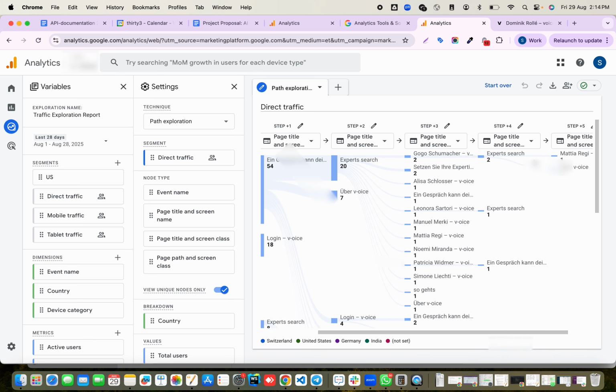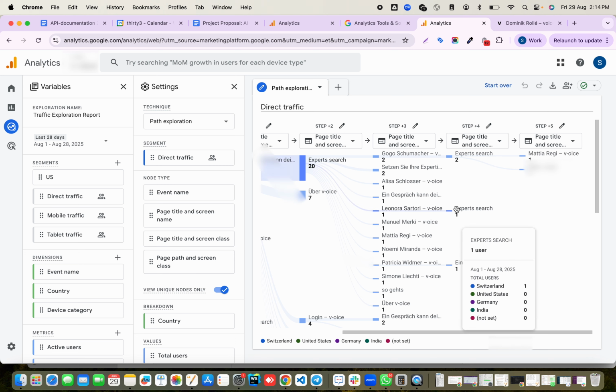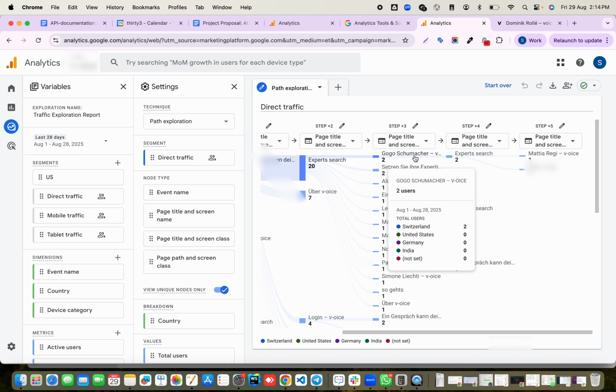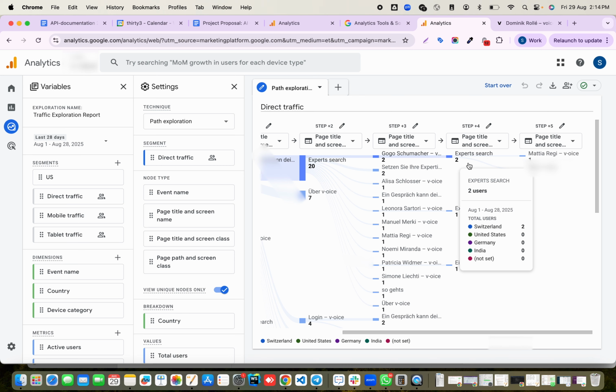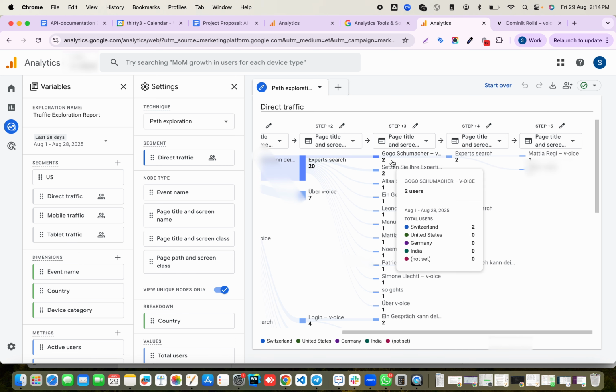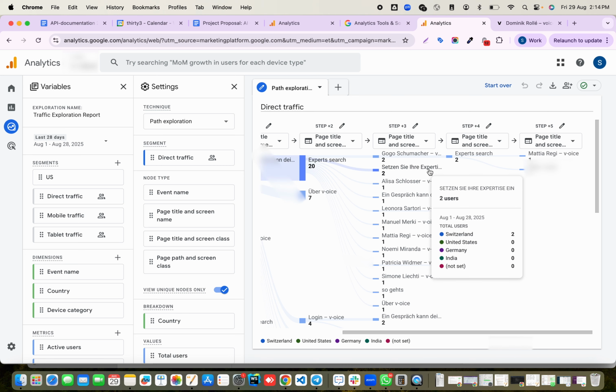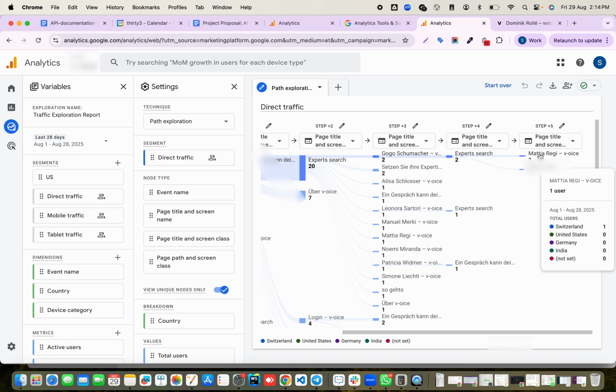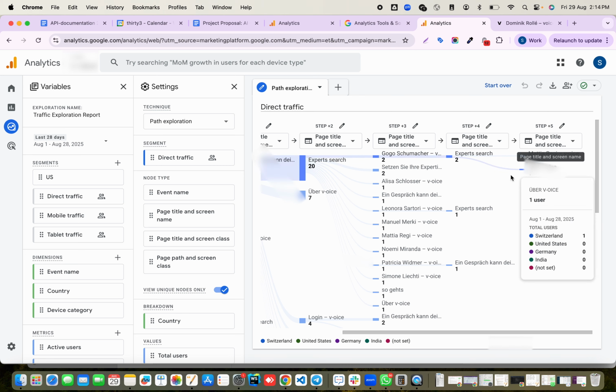And then from here, for example, if you talk about this expert particularly, the person first landed on this, and then he went to the expert search page, which means he might not be that interested, or might be looking for some other experts. So he then clicked again on expert search, and then again they went to this expert and some other pages.